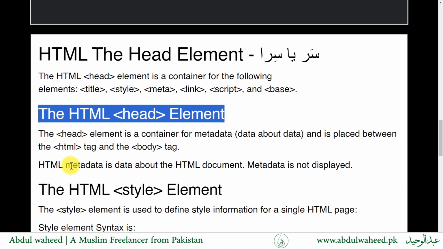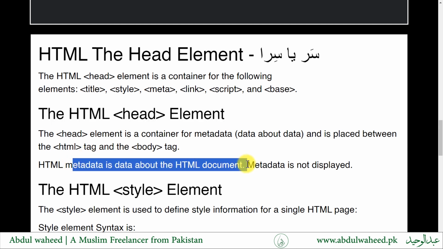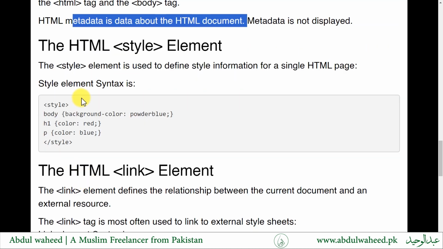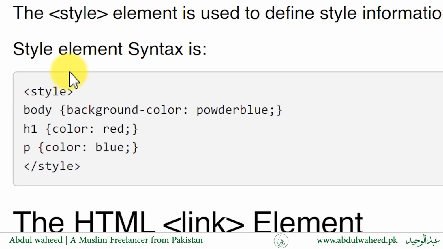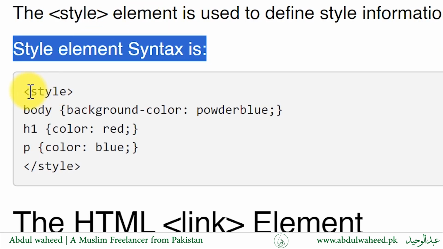The HTML metadata is data about the HTML document. Metadata is not displayed. The HTML style element. The style element is used to define the style information for a single HTML page. Style element syntax is